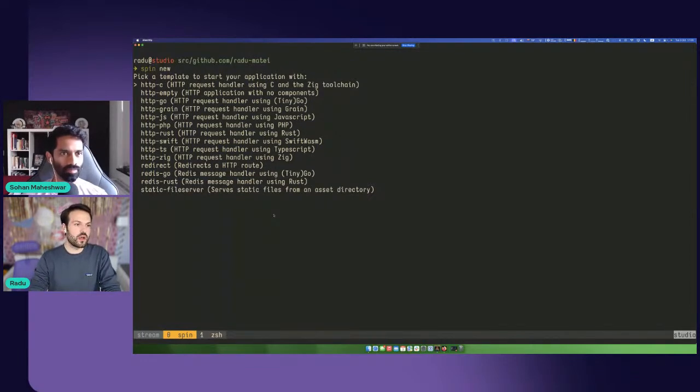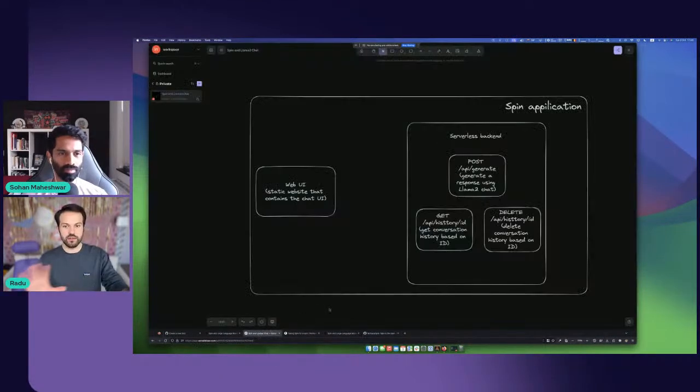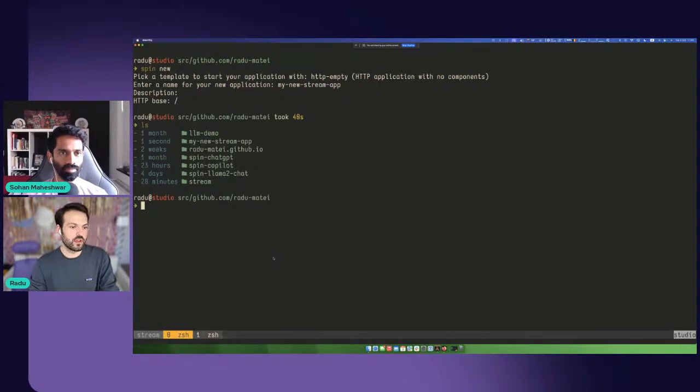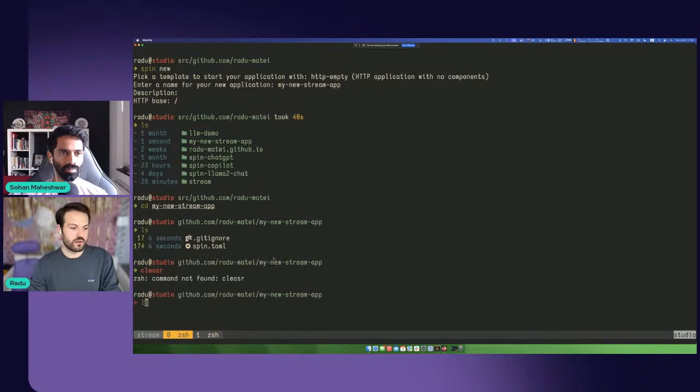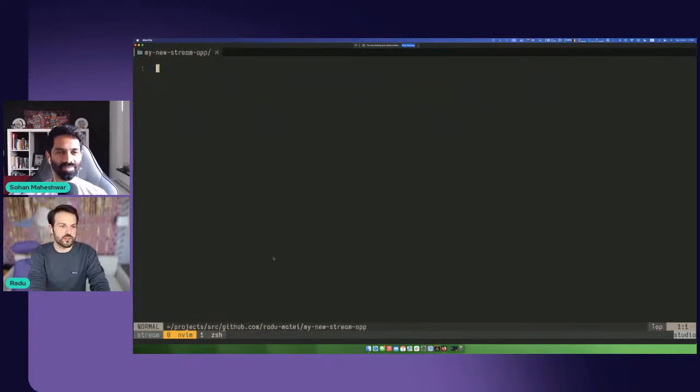So I have a very particular application structure in mind. So this is the application that I'm trying to build. I'm just going to start with an empty application, so it will just create the spin.toml file for me. So I just want my new stream app, and I'm not going to give it a description. And it created my new stream app. So this created, well, two files. If we look at it,